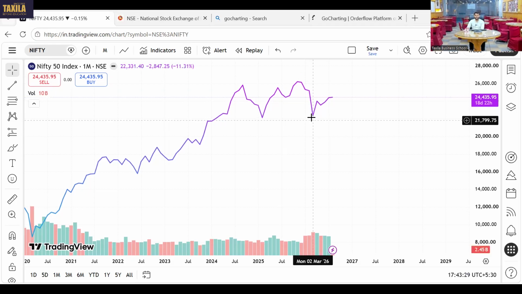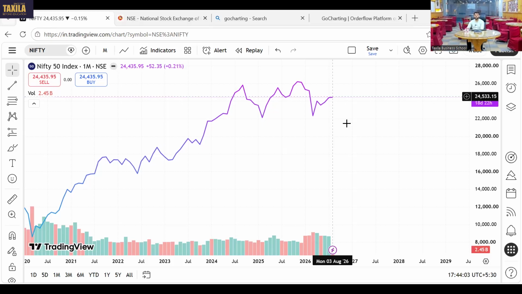Earlier, the price was on 2nd March. And where we are sitting? 8th August. So March to April, April to May, May to June, June to July, and July to August. In 5 months, from 22,216, Nifty went up to 24,400. How many points up? Almost 2,200 points up. So how much is the movement of Nifty in the past 5 months? Almost 10%. Now let me tell you how to read this language.